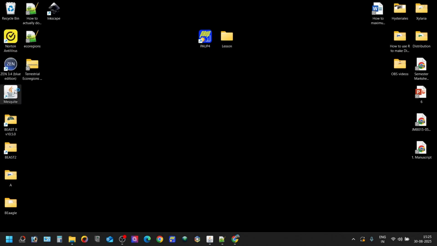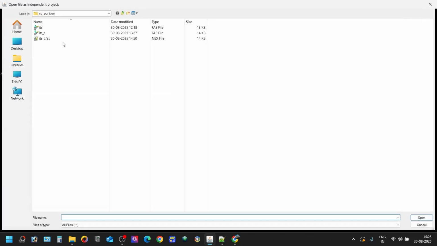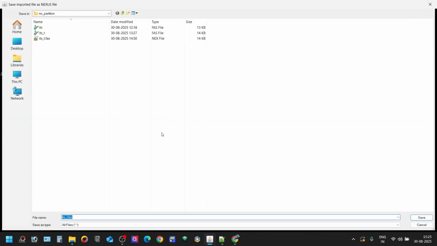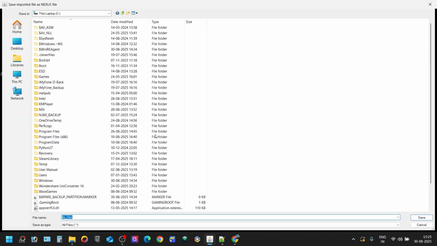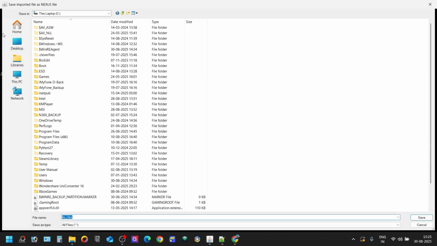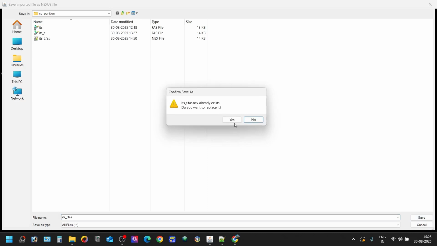Once again, this is Mesquite. You can open Mesquite and press Ctrl O and open it, and OK, and then press enter. I mean save. Sorry, back, save, yes,